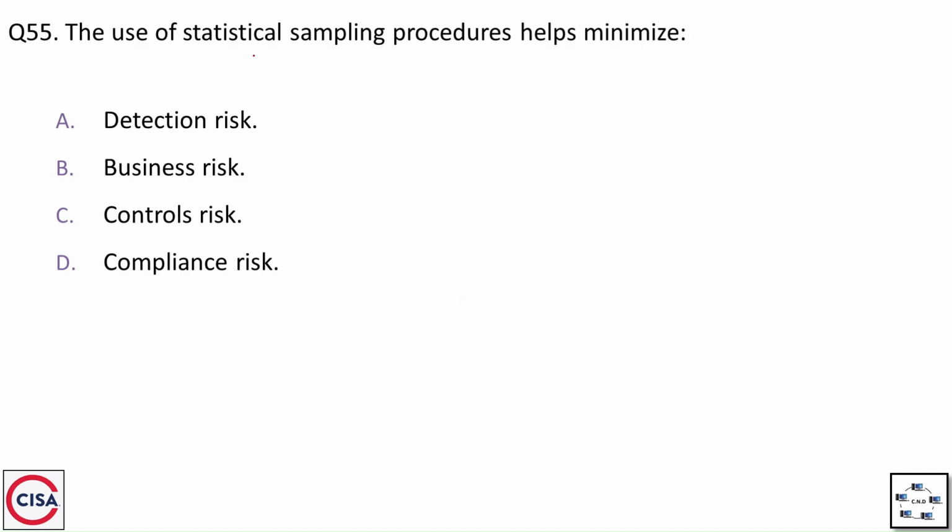Question number 55. The use of statistical sampling procedures helps minimize option A, detection risk; option B, business risk; option C, controls risk; and option D, compliance risk. And the correct option is